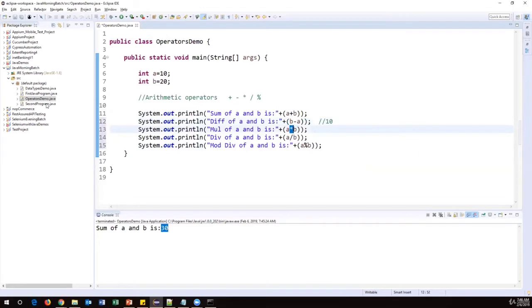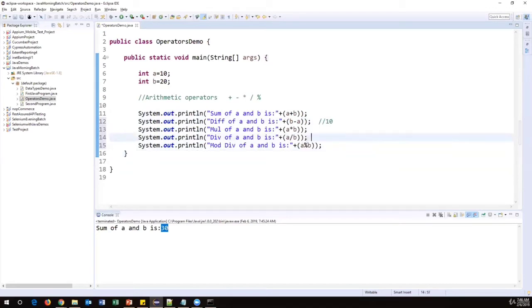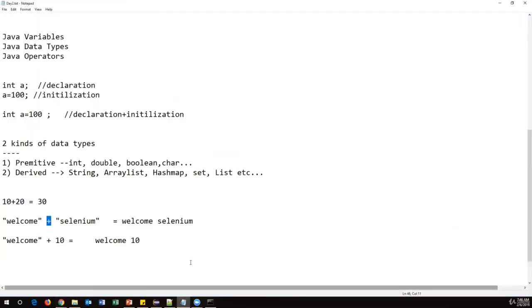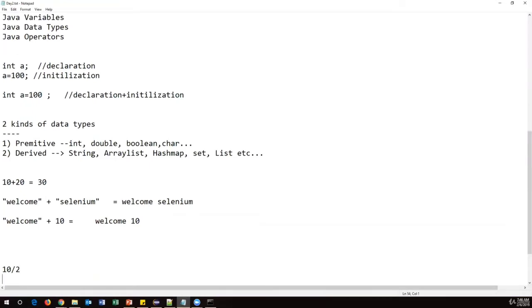Here star is performing multiplication, and we need to understand the difference between these two. This will basically return the quotient, and this will return a remainder. For example, when I say 10 divided by 2, this will give you the quotient.